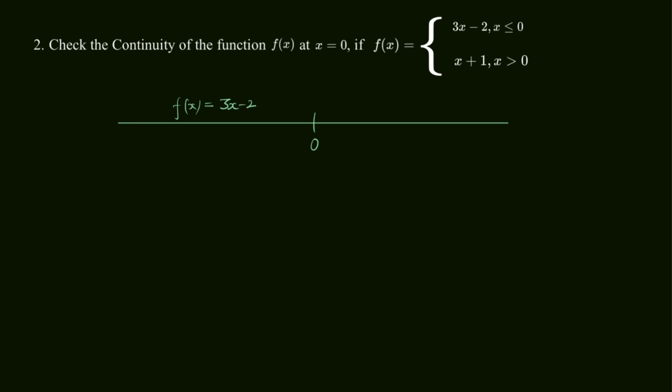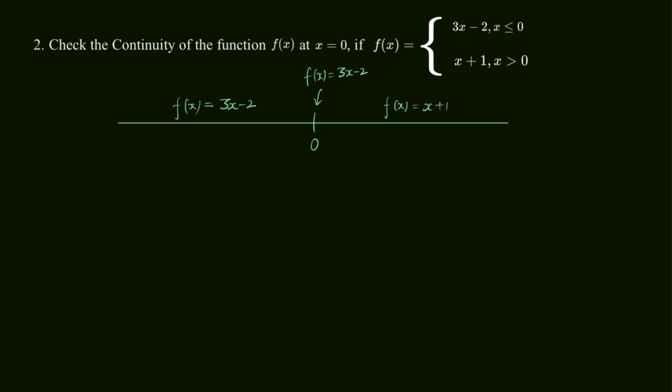And on the right hand side, you can see that when x is greater than 0, the function f(x) is x plus 1. So here the function f(x) is x plus 1, and at this particular point at x equals 0, we will write the function as 3x minus 2, because when x equals 0 also the function is 3x minus 2. Now in this case we will calculate the left hand limit and right hand limit separately,